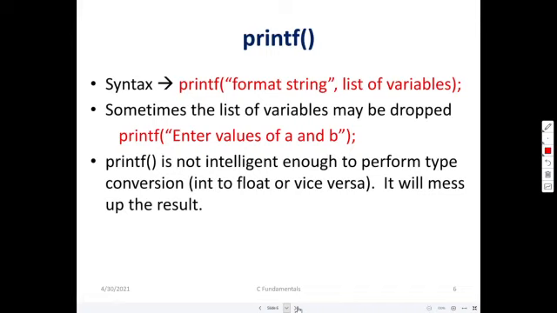Next, let us get into the programming part slowly. So far we have seen the data types and how an operator will behave, or what the result will be when an arithmetic operation is done with different data types. Okay. Now these printf and scanf are two different functions. I call them library functions. Printf and scanf are two different library functions which are available in a header file.